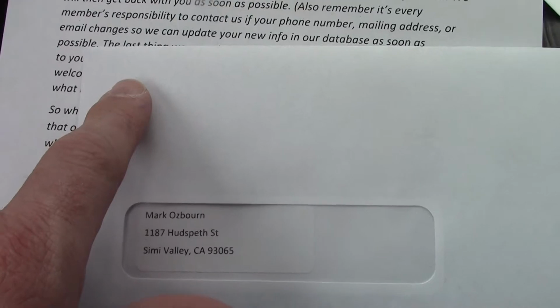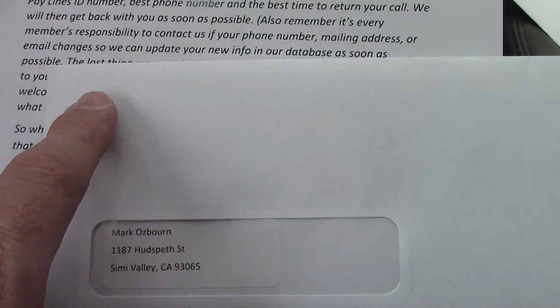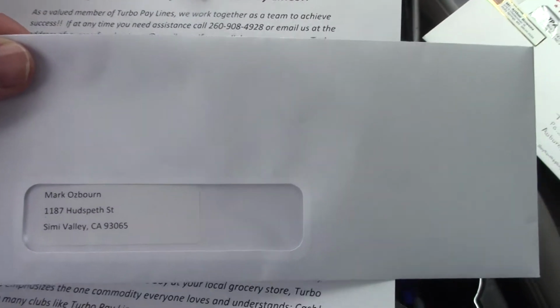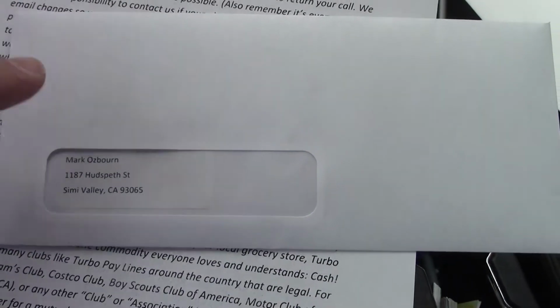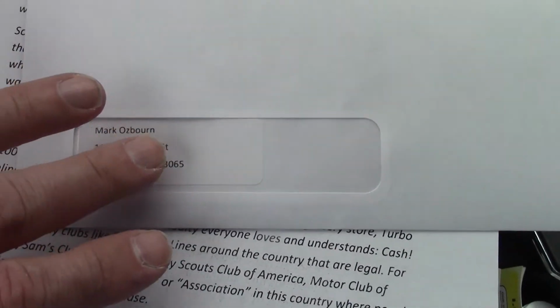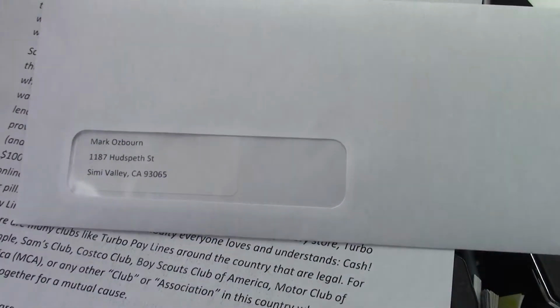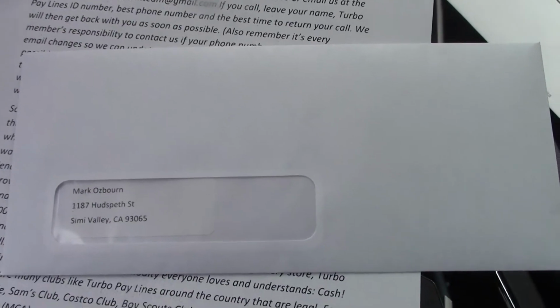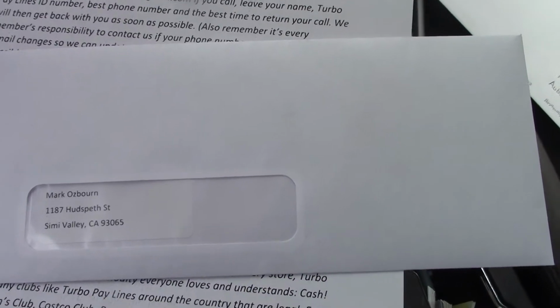They may say, oh, somebody in California. I don't know anybody in California or New York. So they may think it's just a solicitation and throw this flyer that's inside this envelope, this once-in-a-lifetime opportunity, in the trash, and we don't want that to happen. So I don't recommend you put a return address on. Just mail the flyers with the leads on them in a windowed envelope like this and put a stamp on it, and that is it. The whole goal is to get them curious, guys, to open the envelope and see what's inside. And obviously it worked for her because she opened the envelope up and made the call. So that's what I recommend.